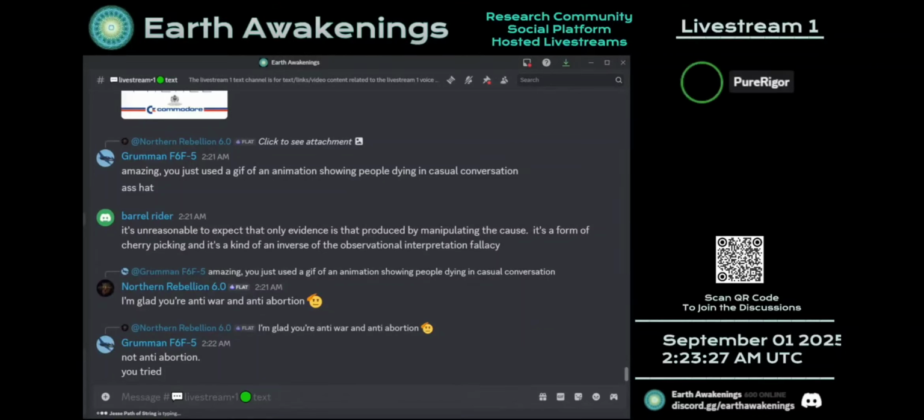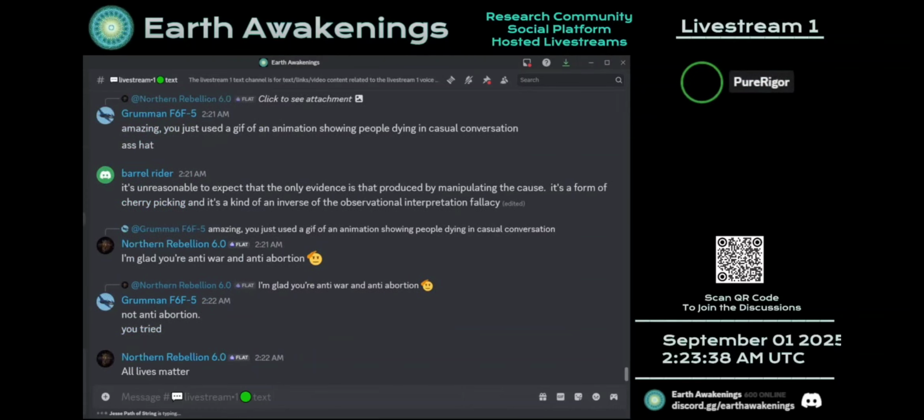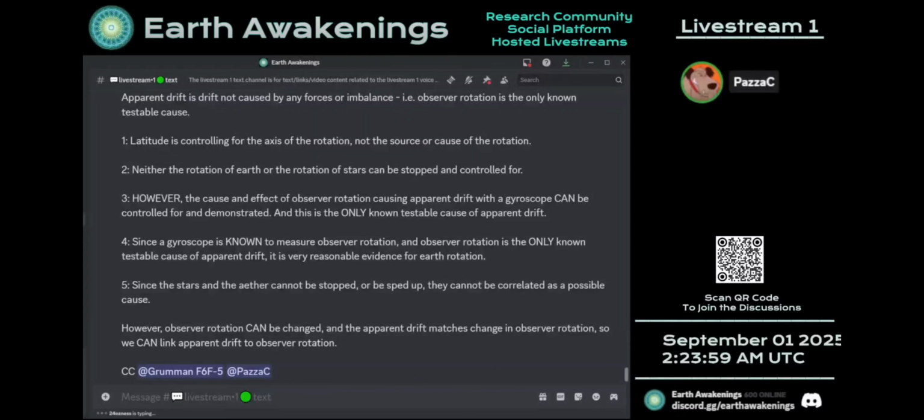That means, what is it set to do in the first place? Why does it behave the way it does? It's not like they took a bunch of pots, threw them into this little thing, and now it does this magical thing. No, they have to calibrate it, right? Oh no, you don't have to calibrate anything. You set a gyroscope spinning. You don't calibrate a gyroscope. Okay. You engineer it so that you calibrate the precession when you engineer it. But when I get a gyroscope that's been manufactured and I spin it up, it's just sitting there spinning. And then if I move the surface, okay, go on, carry on.